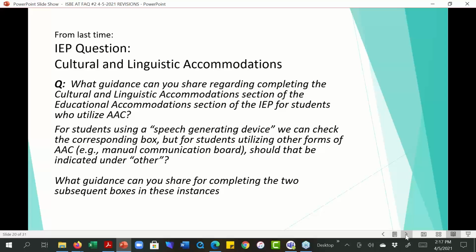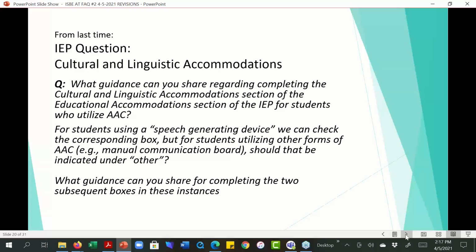For students using a speech generating device, we can check the corresponding box, but if students are using other forms of AAC, like a manual communication board or a PECS system or a PODD system that's not electronic, should that be indicated under other?